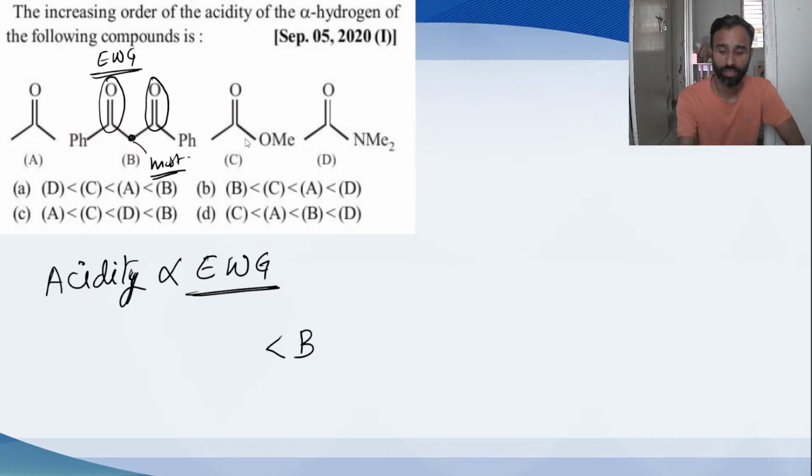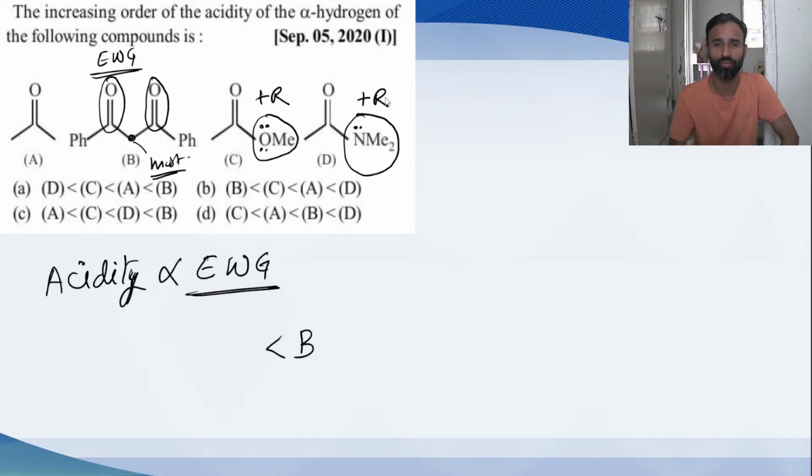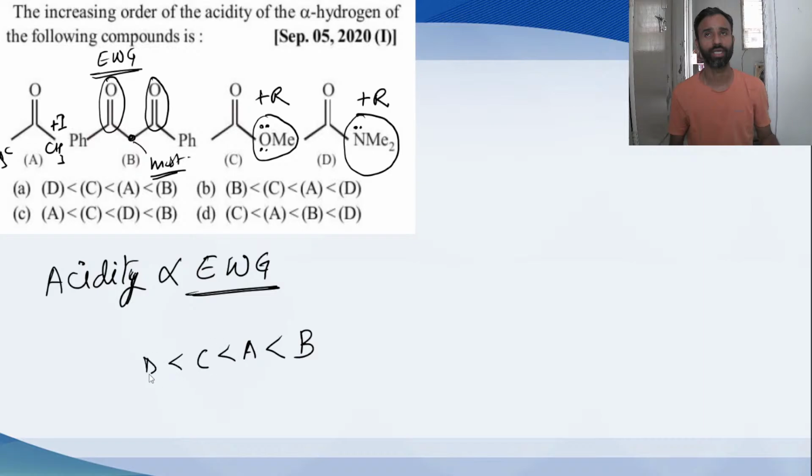If you compare others, this one has a plus R effect. This one also has a plus R effect. Both have plus R effect. Here there are methyl groups, which have a plus I effect. Right? So B, then A, then C, and last one is D, because